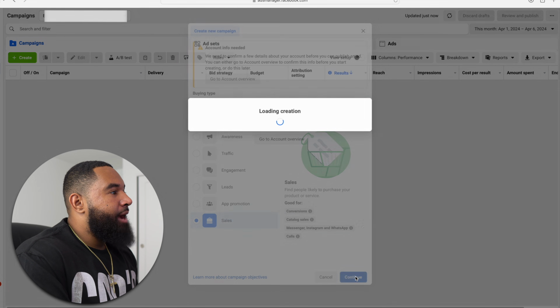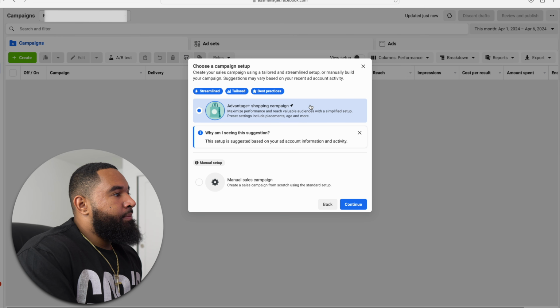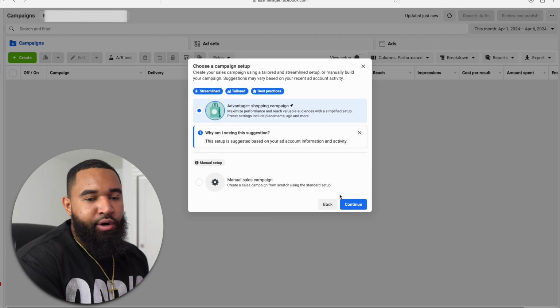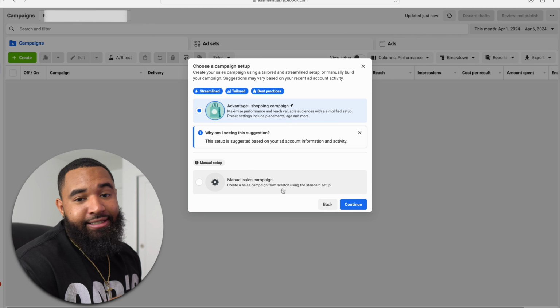Now, it is going to give you an option if you want to use Advantage Plus shopping campaigns. I might make a full tutorial on this campaign type. But again, I would say select manual sales. It's very easy to set up